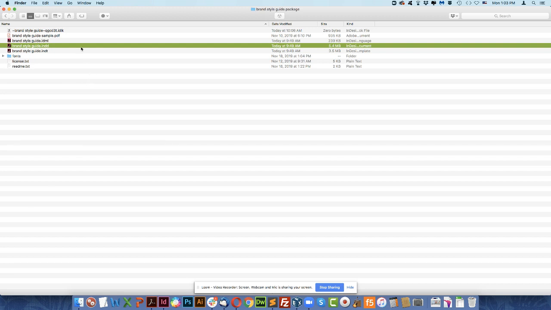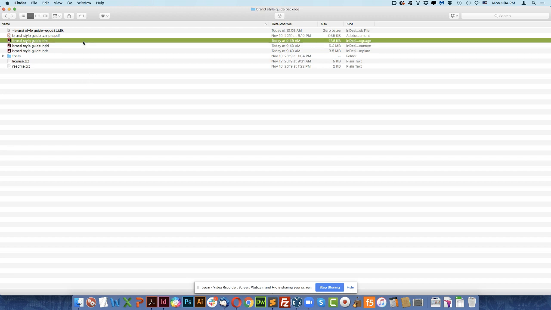So I want to make this as efficient as possible so that you can save time in creating this guide and you can become more profitable, and then you can charge more for it because it's going to add more value to the work that you're providing. And this will pay for itself the very first time that you use it.